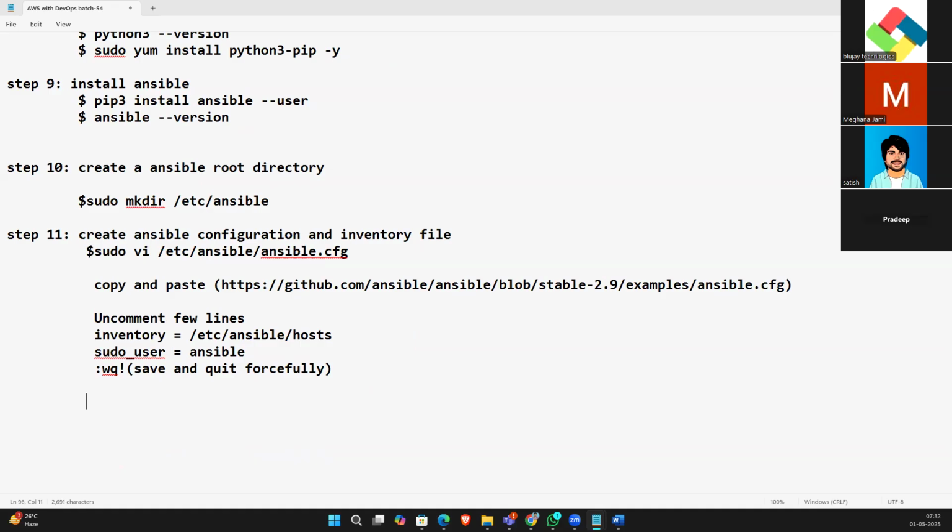So how to create it? sudo vi /etc/ansible/hosts. So here we need to create the hosts. Okay. So in the hosts,